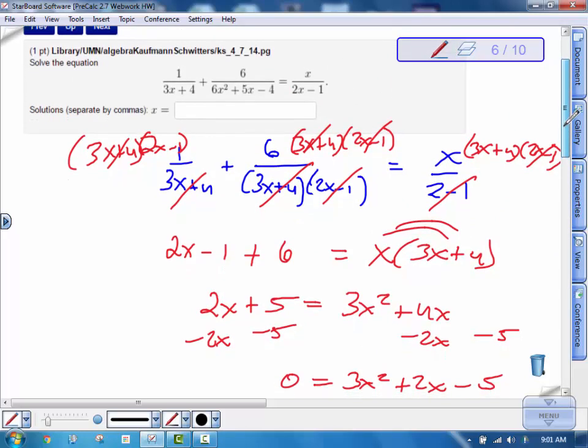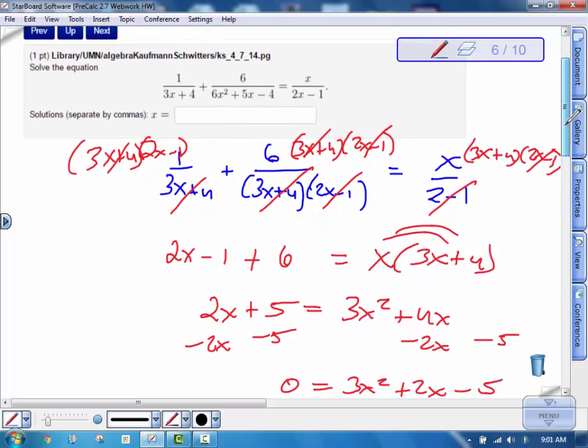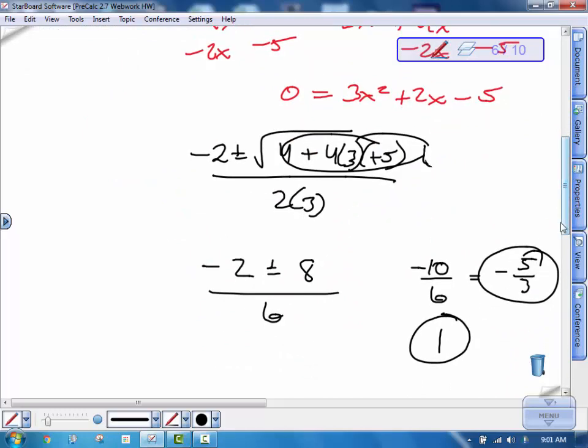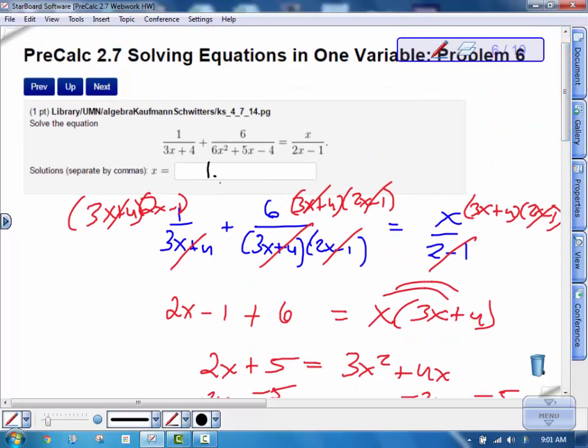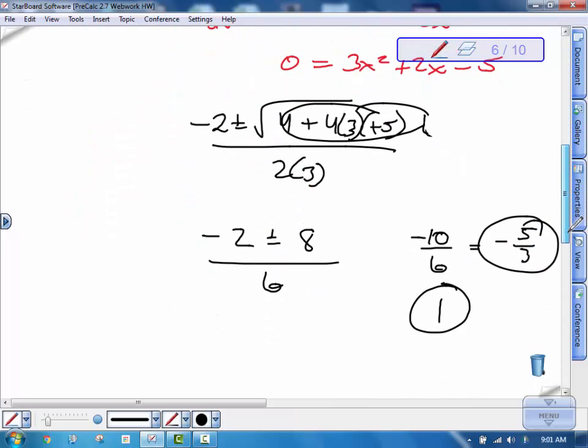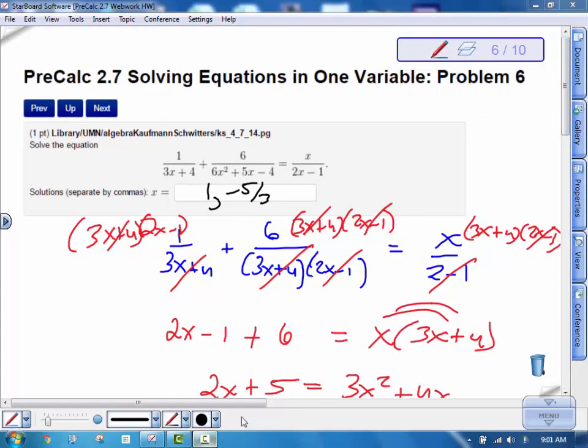Both of them might work, actually. So we're going to want to check both of those. I know it's a lot of work, but you are going to have to check those. Or maybe just enter them in and see if it works. And if it doesn't, then unfortunately you're going to have to go through the process of checking to make sure that one of them is not extraneous. All right,